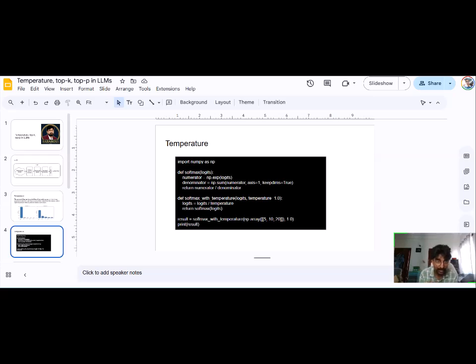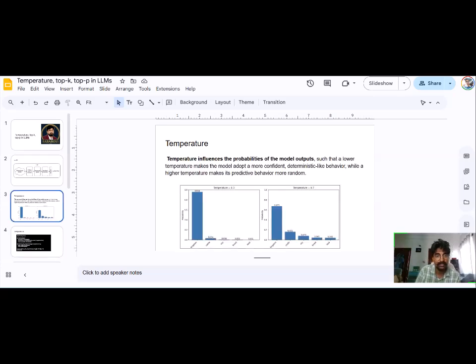Dividing means that if the temperature is high, the logit values we get become smaller. If the temperature is less than 1, that means the logits are multiplied by a scalar number, so they increase. So if the temperature is low, we will get the highest probable